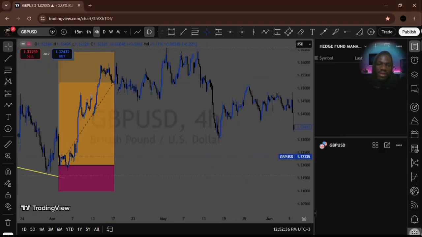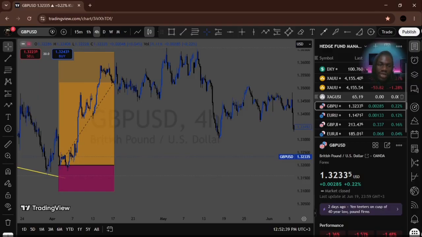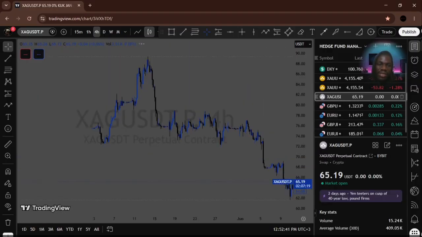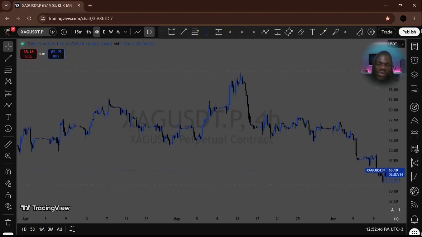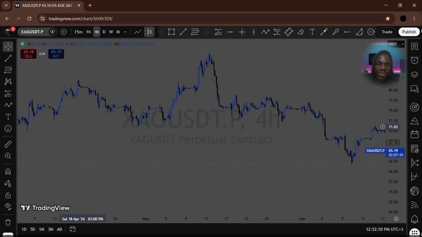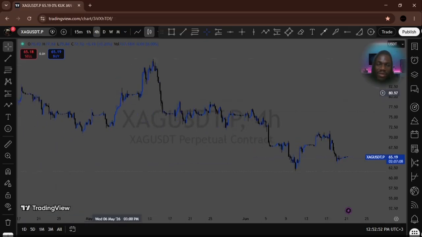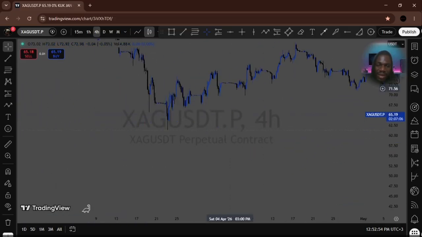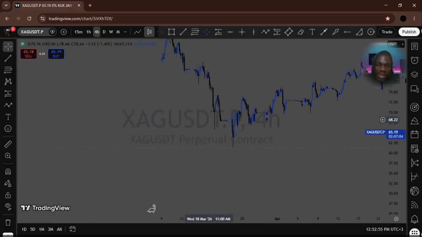Let's have another example of euro USD versus ZAR USD. So this is silver versus gold. So this is also one of the SMT pairs for correlation. So it mostly occurs when the month is about to end. So let's check the month. When was it? So we could see that around this point,